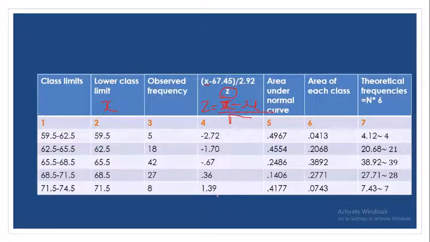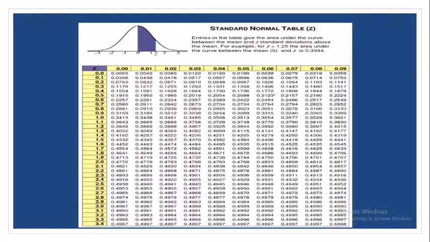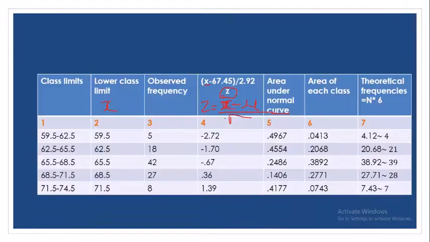You will get some values. Fill up that column. Now, the next column is a very crucial one. You have to find out the area under the normal curve. Now, how do you find out the area under the normal curve? Yes, you have to take your statistical tables, and in that you have to find the tables for standard normal. This is how a page inside your book looks like. This is a page for your standard normal table, that is for Z. Now you have your Z value over here, in this case negative 2.72.